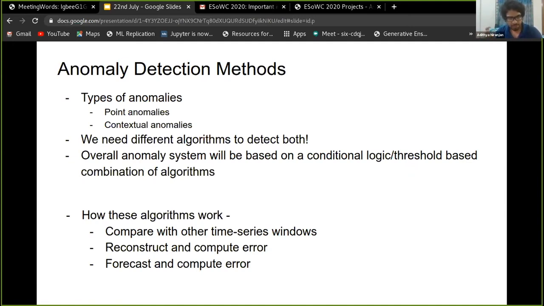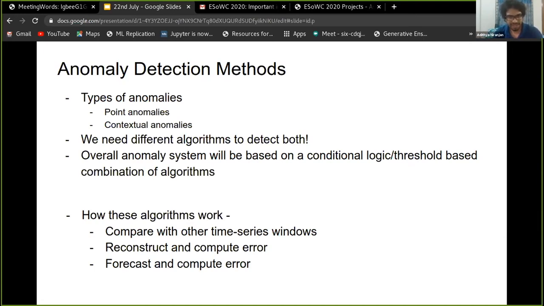The next thing we do is build models that are trained to reconstruct a window based on a general pattern. We use both autoencoders and GANs, for people who have the knowledge. These models can easily reconstruct data that occurs in a regular pattern or is part of a normal distribution of data, but they cannot do the same for anomalies.